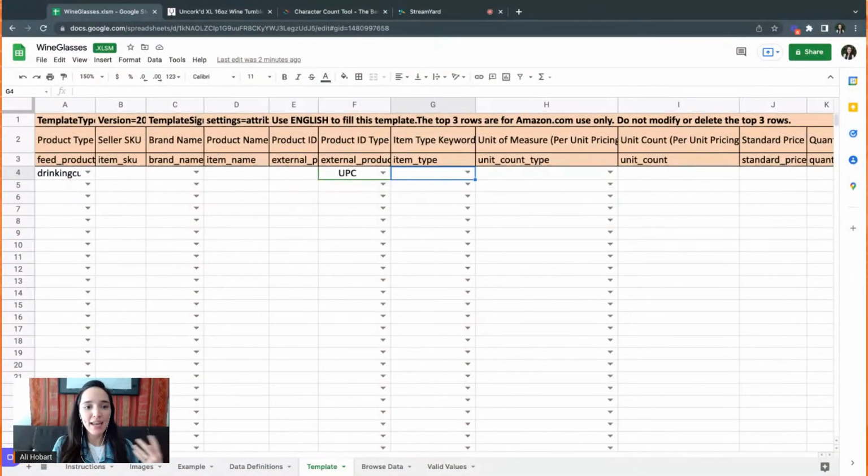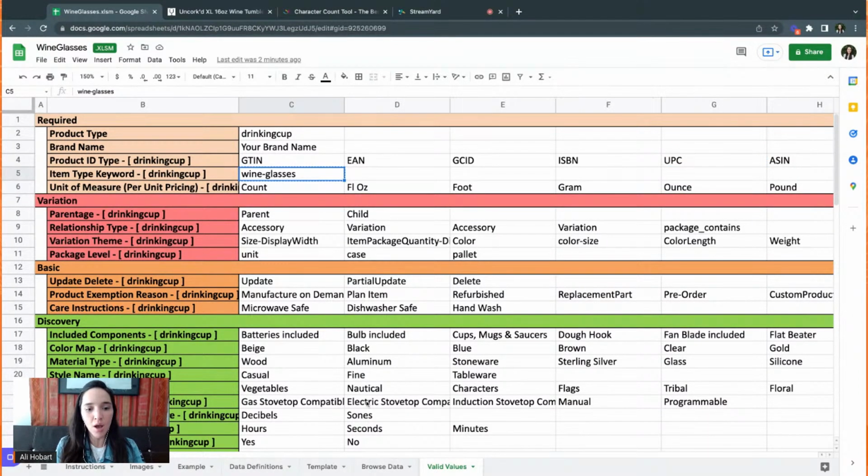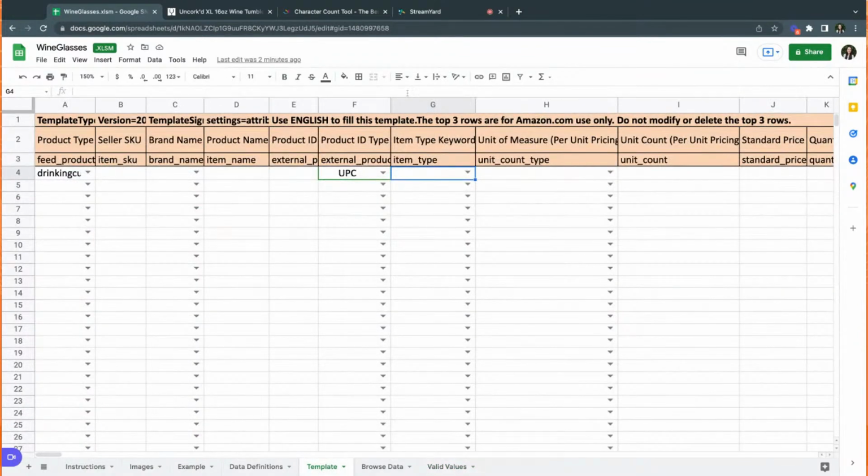All right, so next is item type keyword. And again, if the drop down selection options do not load, then you go to valid values. Every time, that's what I like to do, is copy and paste, so there are no mistakes. Even when I try typing, sometimes you can add an extra space or something like that. So I just copy and paste.